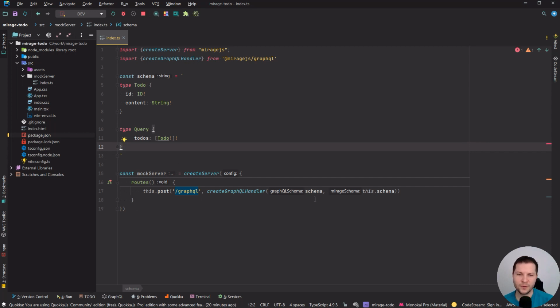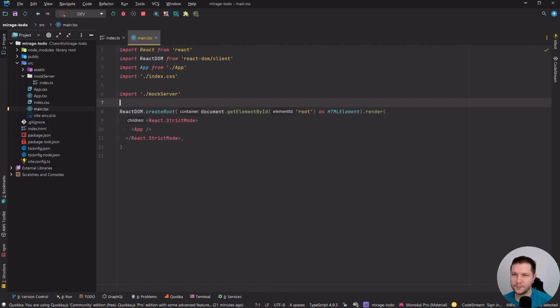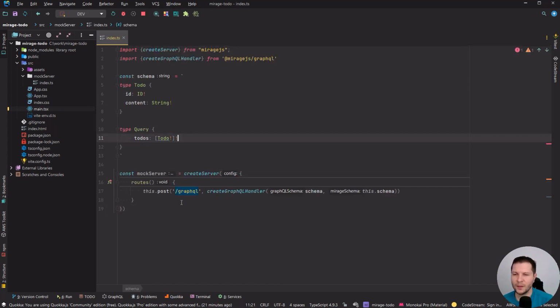So when we have our mock server, the only thing which is left for us is actually two things. The first thing is to connect it to our application. To do that, we need to go to main.tsx and import it. Import mockServer. Now it's connected to our application. And basically the mock server should work, but we need to test it. So how to do it easily? Because right now we don't have any queries in our application, and we will add them later in the next lessons. So for now, what we can do, and I usually prefer to do it this way, I expose the mock server